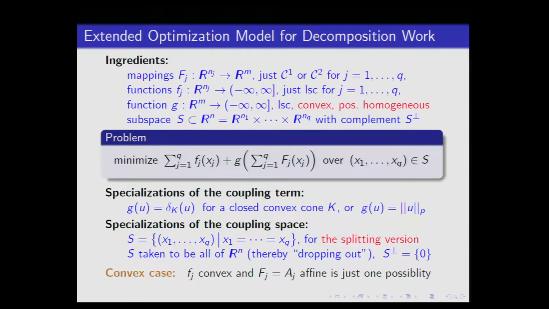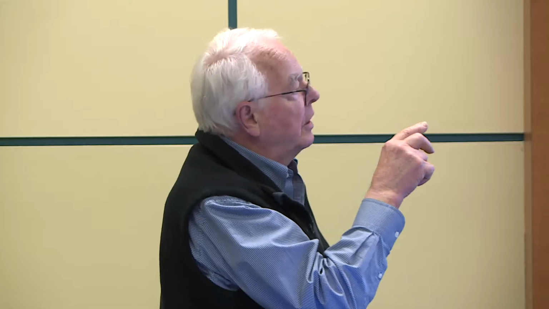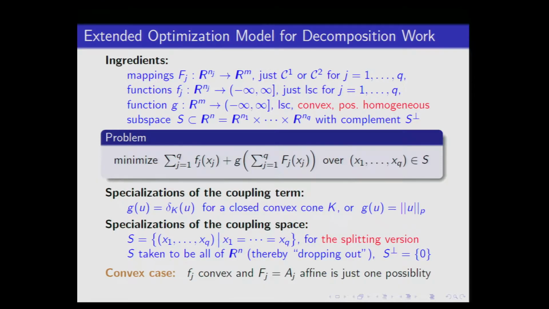So this could be, of course, a convex problem. And then everything could be global. So suppose, for example, you take the capital F's to be mappings that are linear, affine. And you take the little f's to be linear. Then I'd have a convex program there. But there are other versions of convexity. I could have, for example, the Fj's be convex mappings, and the f non-decreasing. Then you also get the way to capture what is a convex and non-convex problem through the Lagrangian, but I don't really have time to go through it. But there's a huge area of this which is convex, but that's not what I'm going to aim at.